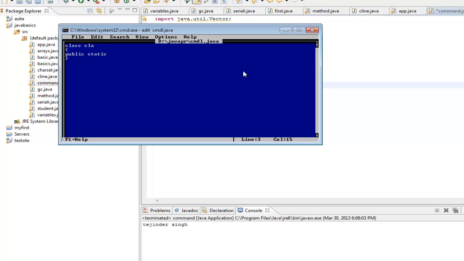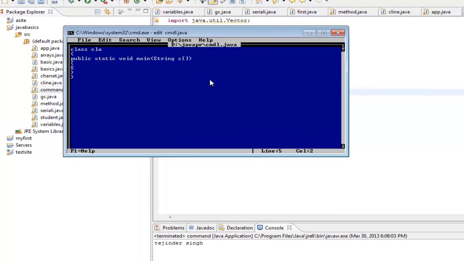This is the array to which the command line arguments are passed, and every argument that you pass, irrespective of the data type, whether it is int, float or double, will be passed on as a string. So we need to convert from string to the respective data type. So just for a start,